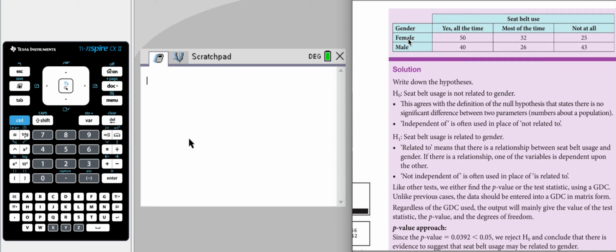So you have gender, female and male, and the usage of seat belt. So yes, all the time, these are the responses. Most of the time, these are the responses, and not at all, these are the responses. So now the researcher wants to calculate whether the usage of seat belt is dependent or